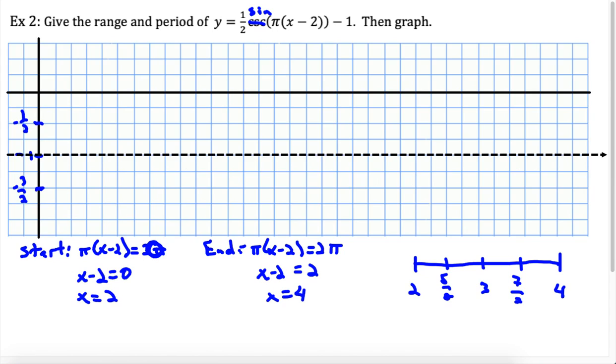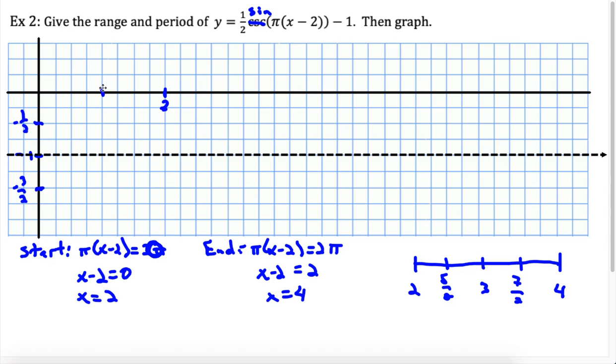And let's label our x-axis. So I'm shifting 2 to the right. So we need to be careful here with making sure that our scale is accurate. So if I'm going 2 spaces to the right, let's say that we're going 1, 2. So if I'm saying that